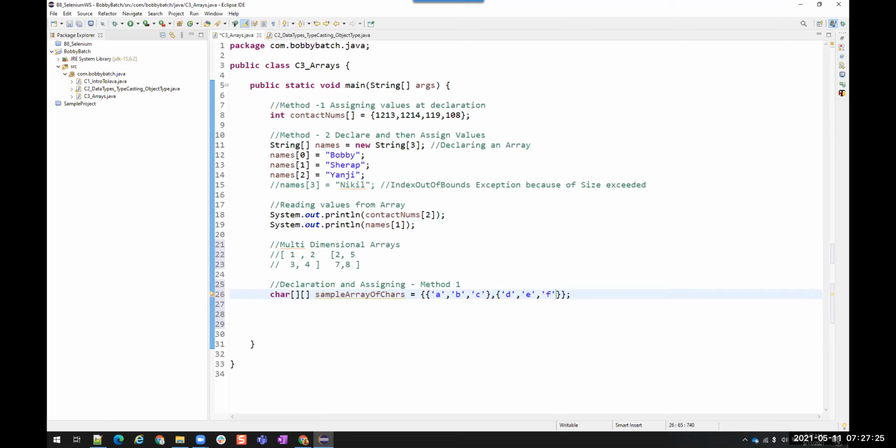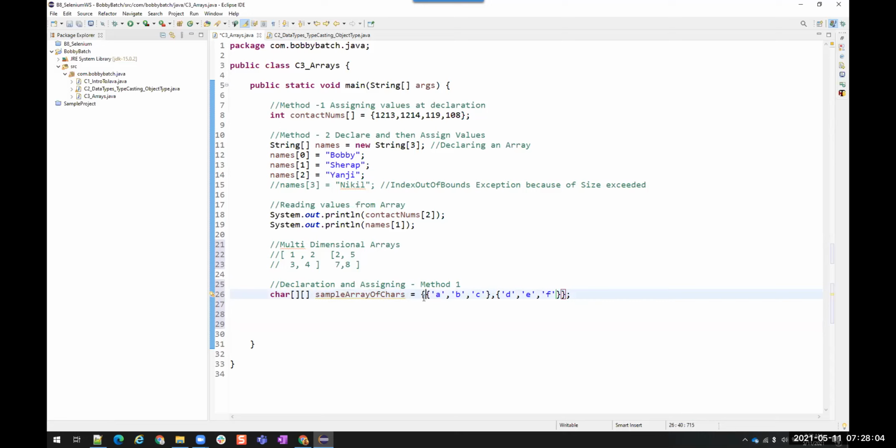Understood? So I've created a multi-dimensional array. If you want to declare and assign the values on the same line for a multi-dimensional array, this is the syntax. Variable and how many dimensions you want, 2, 3, 4, you can give that many places here. But generally we will stop at 2. There is no need for us to go to the third dimension because it becomes more complex when we get the values from inside it. This is a variable name and these are the values.